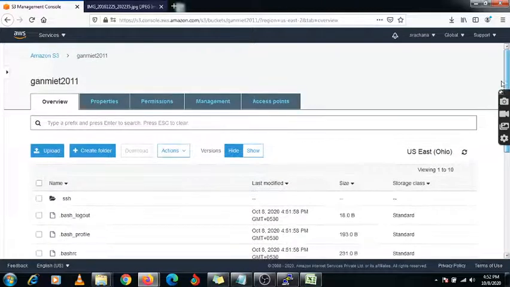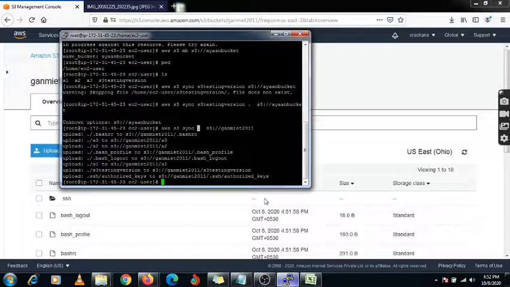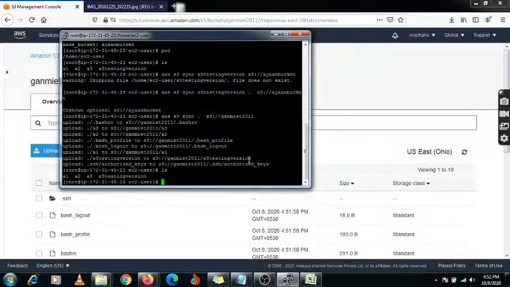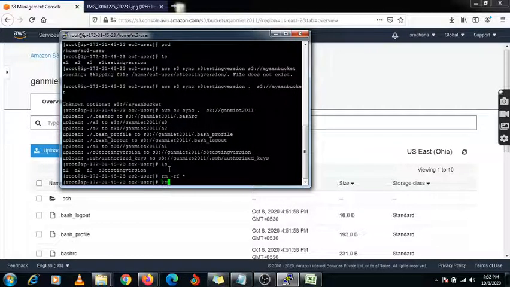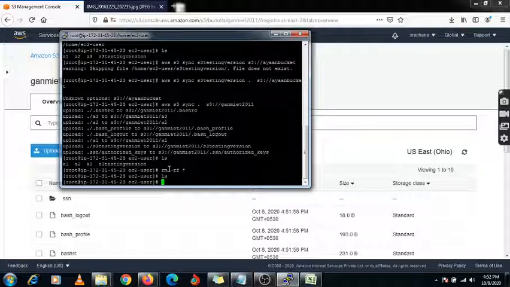Now if suppose these files are removed from your machine accidentally, I am going to remove all these files, rm -rf, I am going to start. Now you can check there is no data available. If you want to recover those files, the same command you need to apply.